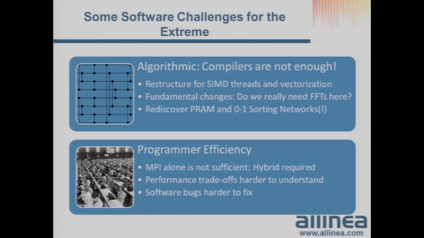It may be that the whole basis of the maths, there's another way of calculating something that has a less computationally intensive or a less communication intensive way of dealing with a problem. And as you get down to this very fine-grained parallelism that you might have seen in the GPUs, or you might need to use to exploit vectorization, then it actually turns out you have to look back in some very old literature and bring up some PRAM algorithms from the 1980s where there was roughly one processing element per piece